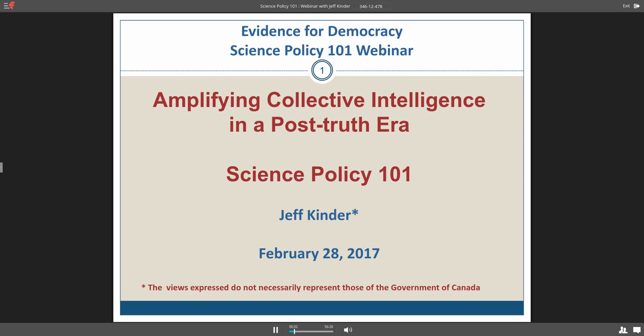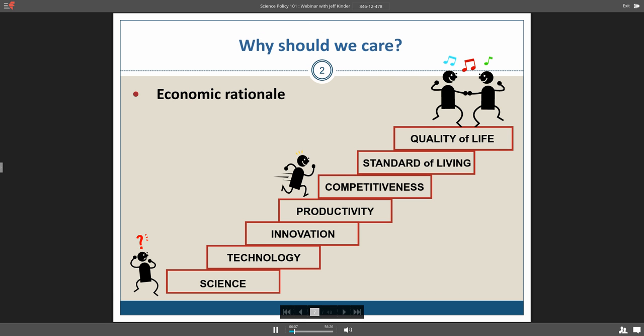So without further ado, let me jump in, and I'm learning the technology. There we go. So I think before we get into sort of what is science policy, I think it's helpful to just kind of start with the premise of, well, why should we even care? Why do governments care about science policy? Why do states or countries develop science and technology strategies or science policies? And there are many reasons, of course. The one I think we probably hear the most in terms of